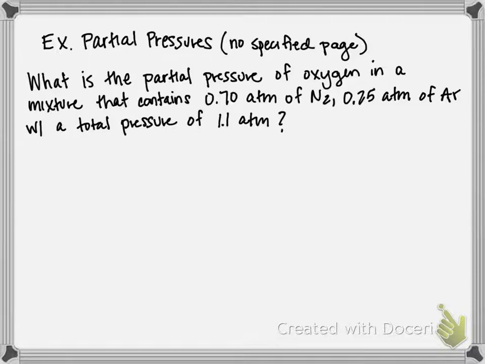1.1 atmospheres. So the Dalton's law that we can write for this is that our total pressure, sometimes called P total, is equal to the partial pressure of oxygen plus the partial pressure of nitrogen plus the partial pressure of argon. And so we know 3 out of these 4 variables, and we can solve for the 4th, which is oxygen. So our total pressure